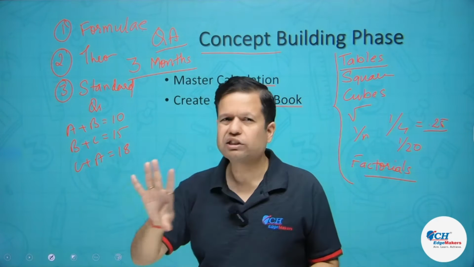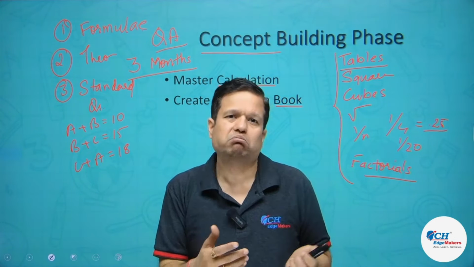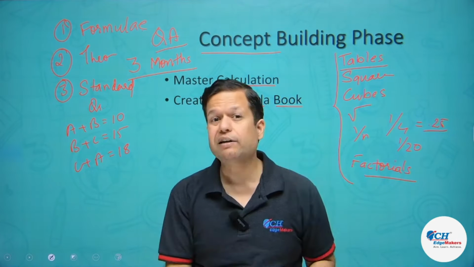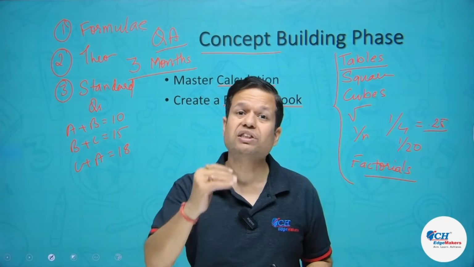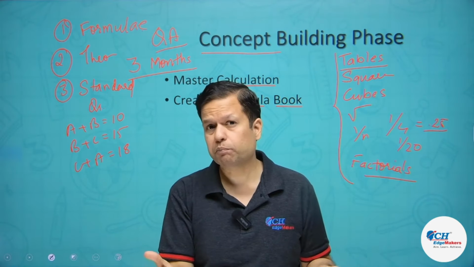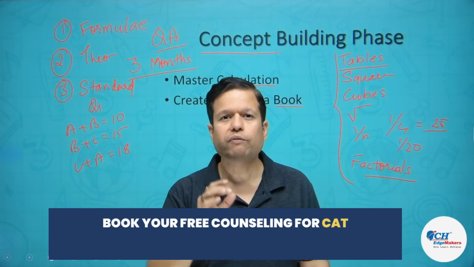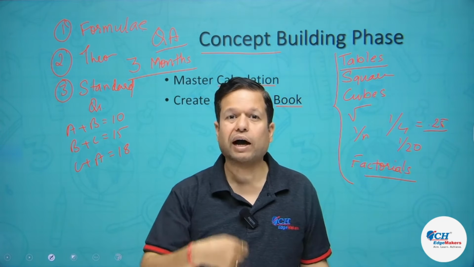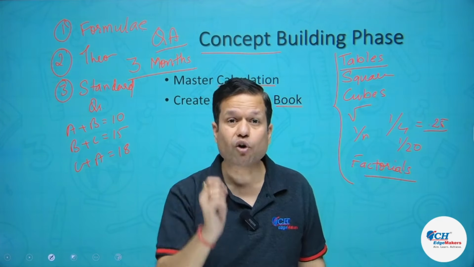So take a standard question and write all the steps, because you are doing it for the first time. Many of you must not have taken math in graduation. So for you, it's important that you write all the standard questions and standard steps. What are the steps to solve those standard questions? There can be 5 standard questions in one topic, and 15 or 20 in another topic. So how will this help? This will help you in revising. If you have to revise, let's say, work and time, you revise all the formulas and all the standard questions. So when you are doing it the first time, make sure you make this formula book for yourself.